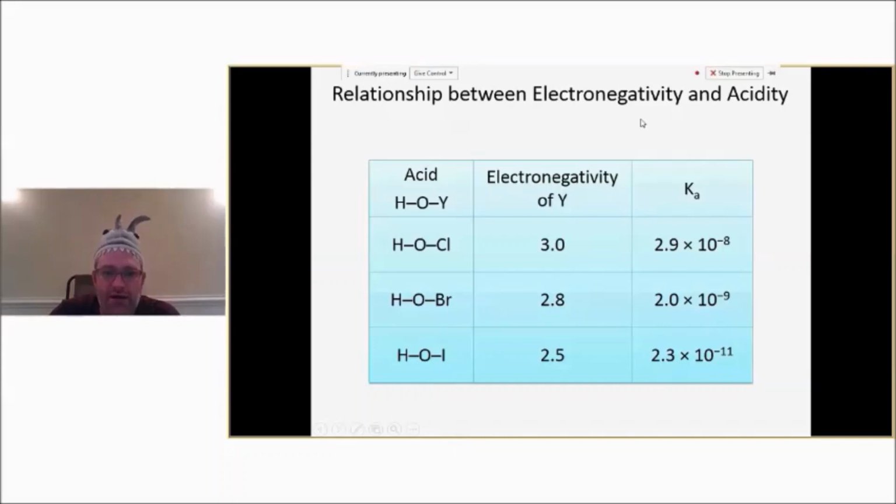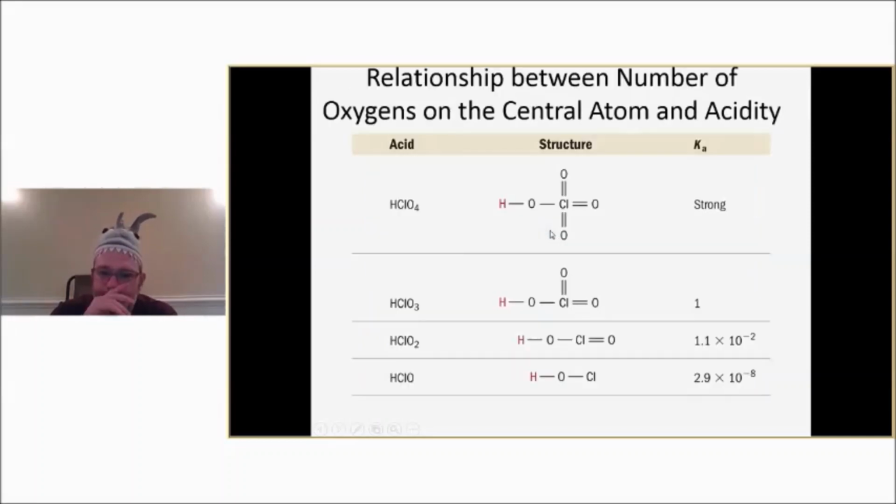So to give you a glimpse, if we have these three oxo acids, as we look at the electronegativity, okay, the Ka gets larger as the electronegativity of this atom gets larger, okay? And here's how the oxygen trend goes. As we have more oxygens around our central atom, we have a stronger